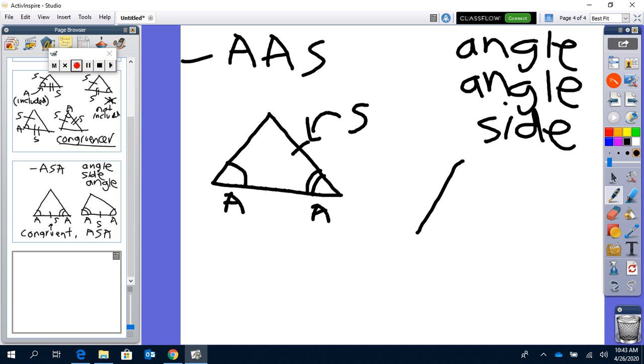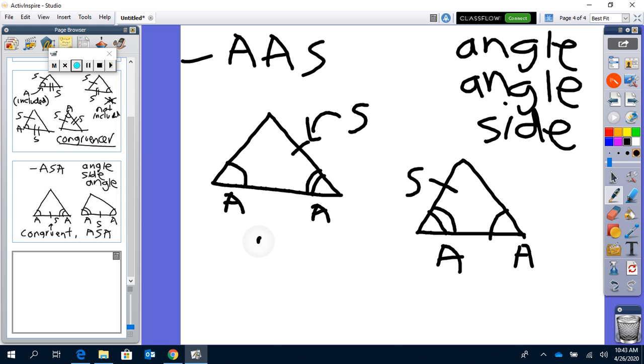And then we take this one again. So let's say this is this one, and this one. Okay, so obviously here we also have A, S, and going round the triangle this way,